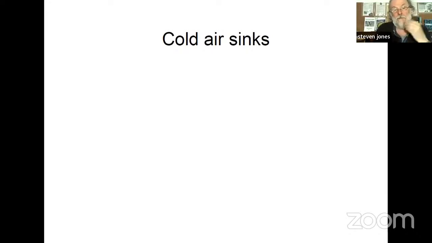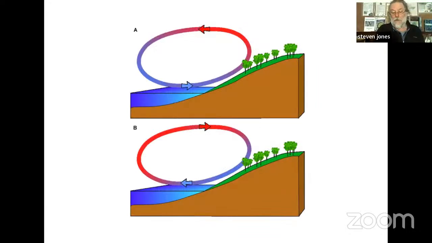So in the same way as we can predict where water will go and where water will end up, we can also predict airflows. Warm air rises. And that's because cold air is heavier. So actually, it's the cold air that sinks and pushes up the warm air. And if you have a large body of water, like the sea, like Lake Victoria, next to the land, what happens is